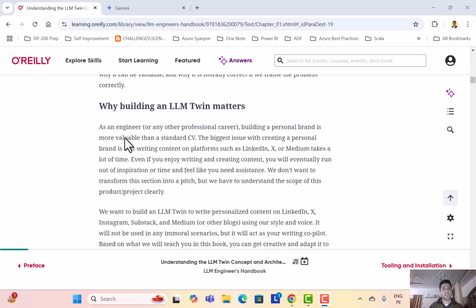There must be some sort of schedule given to the LLM twin or this application to run on my behalf, or there should be some nudge. It could be a trigger or a schedule or something that has to happen, and that is going to be interesting as we read along.